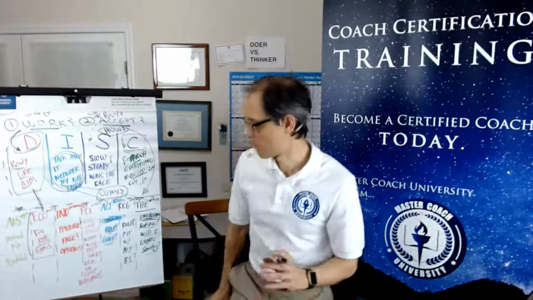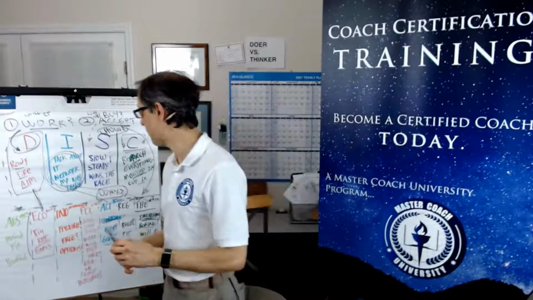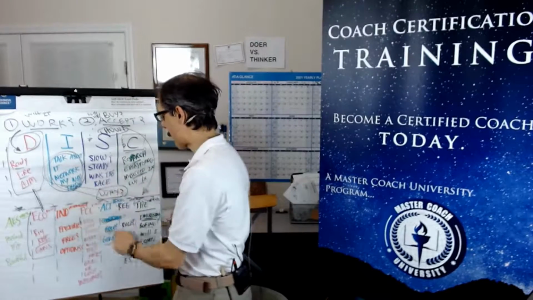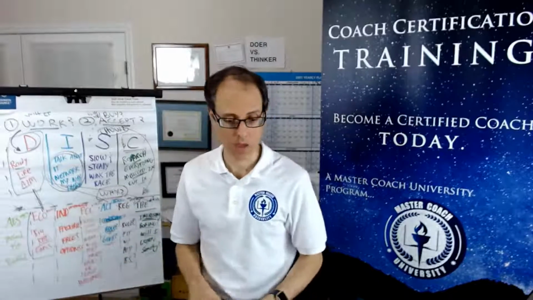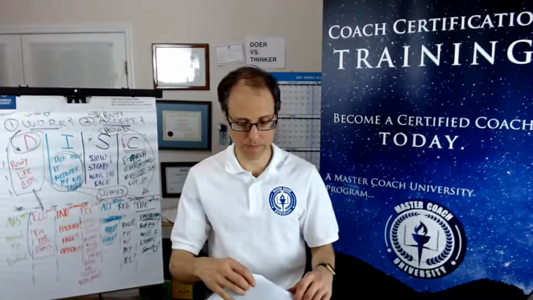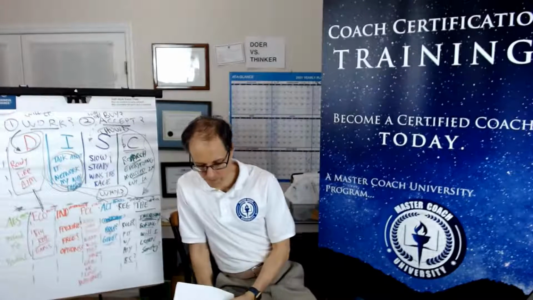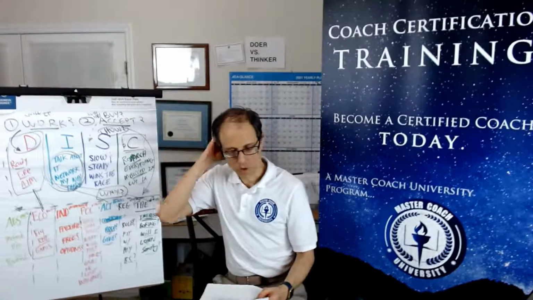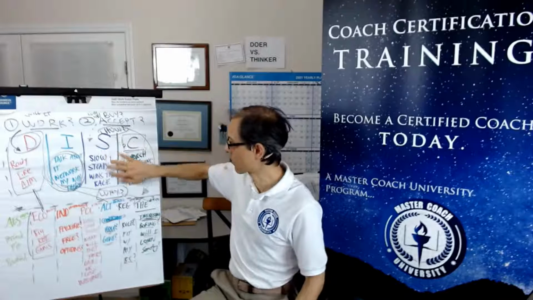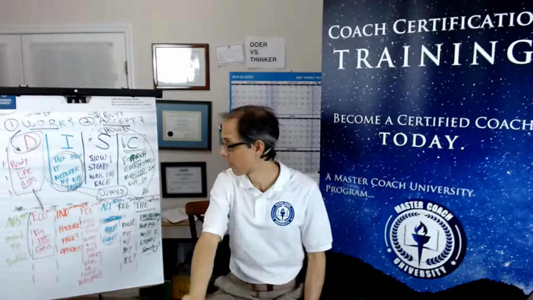So the trick, if you really want to go high level on this, is to find solutions that fit each of these aspects that match your client. Here's your assignment as we go. You can always review this if you missed part of it, because you should be able to replay it easily. Look at your client's graphs, look at their scores, and then what's the solution for each area that's high? Are they high S? Okay, well, slow and steady wins the race. What's a slow and steady solution for them in that area? Are they individualistic?